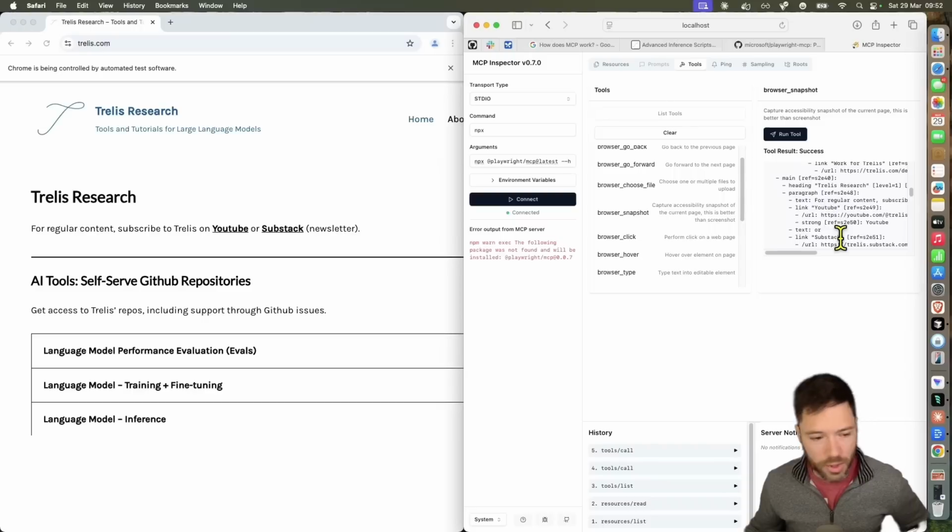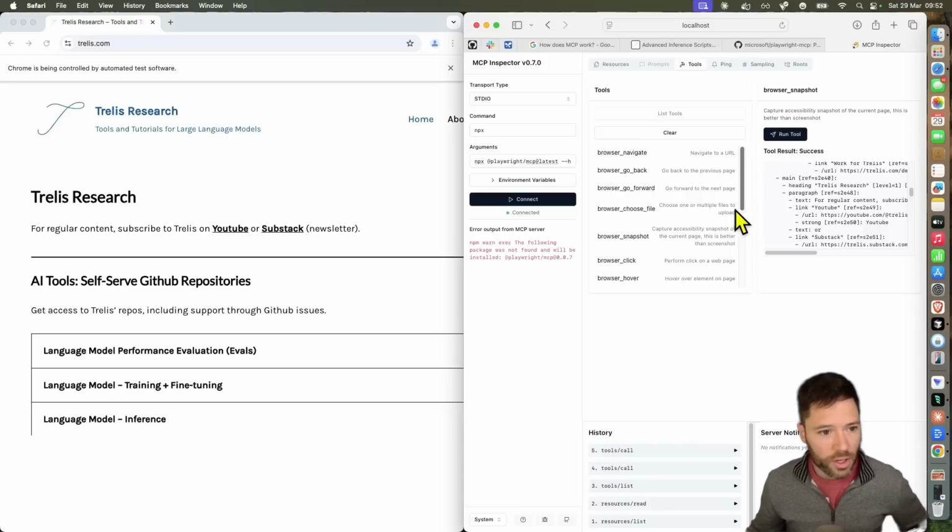You can see it describes all the headings. And actually, this is quite a good way to navigate. If you provide an LLM with a snapshot of a page, it makes it quite easy for the LLM to correctly identify which buttons to push and to deterministically describe them, rather than having to tell you to point on a certain pixel and click, which is possible with another version of this Playwright MCP I'll show you in just a moment. So broadly speaking, if I run this here,